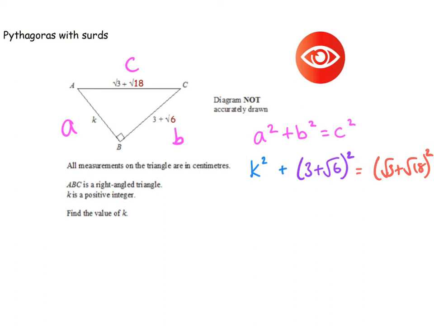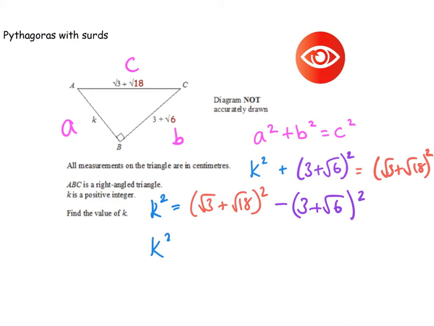So I'm going to rearrange it first. So I can say that k squared is equal to the right bracket and take away the smaller side squared. So we're going to keep that k squared as it is. Now expanding it out, you can use a grid method if you want to. So that'll give you root 3 and root 18